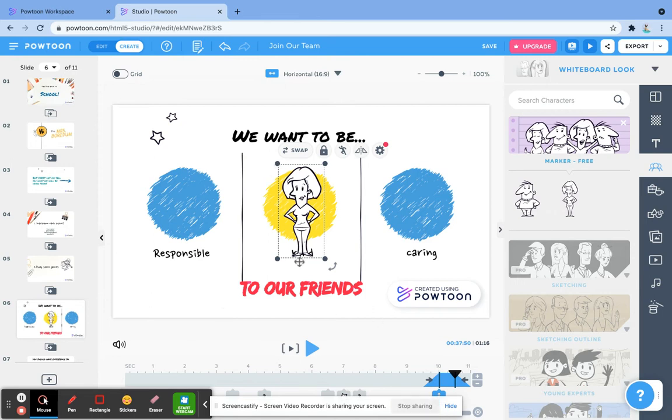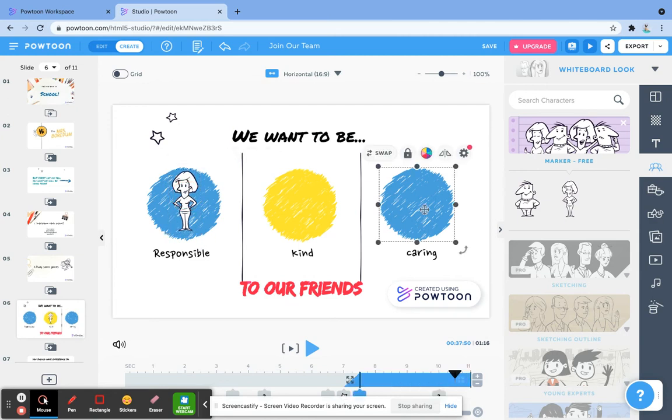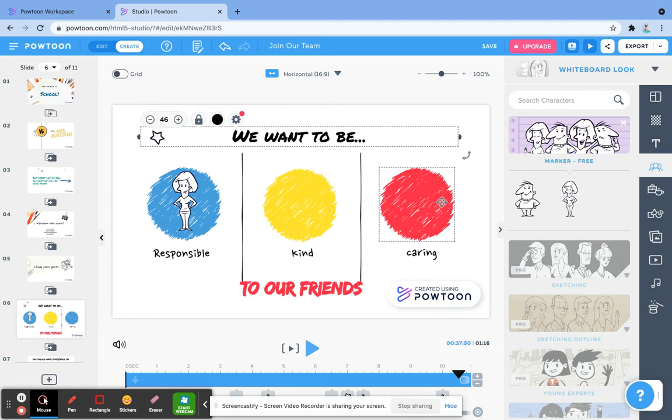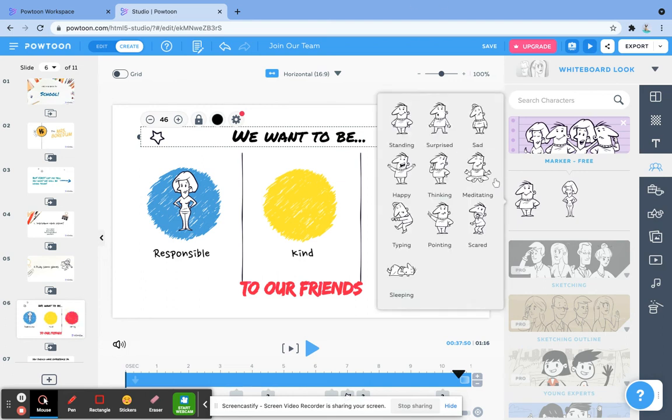So why don't we just try these marker characters. Maybe I could add this for kind. Yeah. No, responsible since she's doing that emotion. I think I'll make this circle. Make it red. Some primary colors maybe because like these primary rules. For this one,